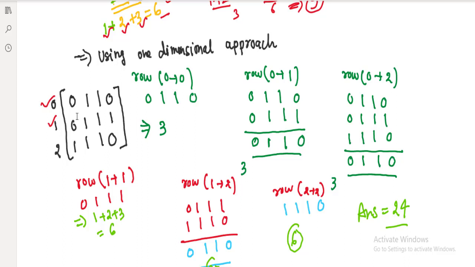Let's first do the computation part. For example, if we take only the first row, it will be 0, 1, 1, 0, and we can directly see that the answer would be 3. Why? 1 plus 2. Similarly, if we take the first row and these two rows, how can we compute it? In the computation part, if there is 0 in any particular column, that particular value will be 0, otherwise it is 1. For example, here both the values are 0, so the answer would be 0. Here 0, then it will be 0, otherwise it will be 1.